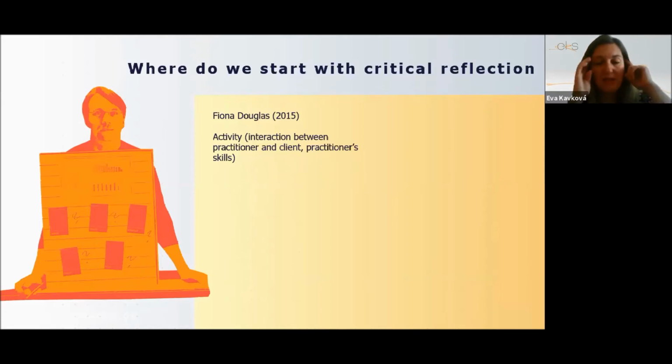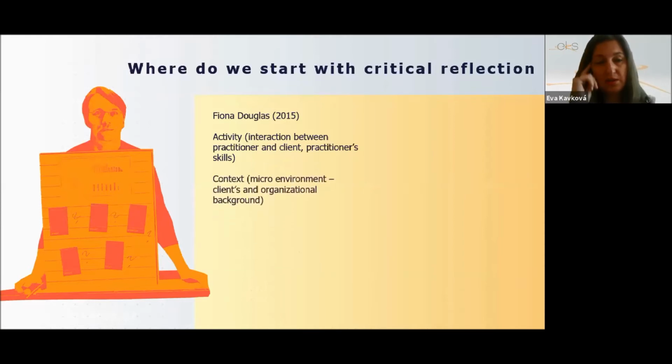The other approach I might take is directed outwards. So I'm examining my environment and how it influences me and my relationship with my clients. So this is something that Siobhan was just mentioning. And the model that Fiona Douglas is using is that you can either focus on your activity, which is the interaction between your client and you, examining your skills, or you can focus on your context, on your micro environment,